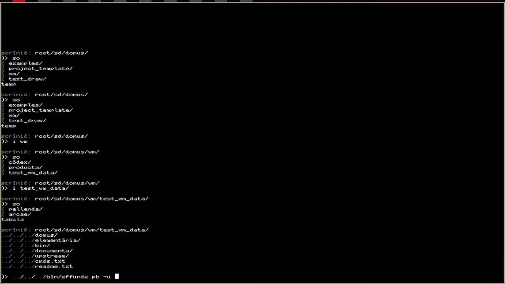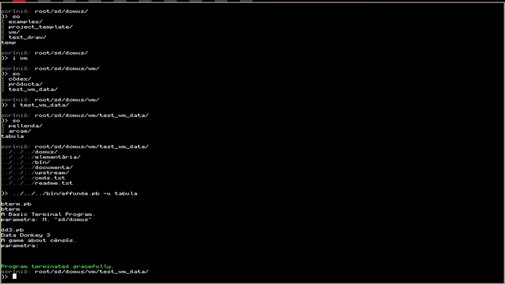If I output that, we have this tabular file, which contains, in this case here, bterm.pb. The name of the program is bterm, so the binary here is the unique identifier, bterm.pb. And then we have a human readable name, the basic terminal program, and then the parameters as well. So dot here is referring to, when we